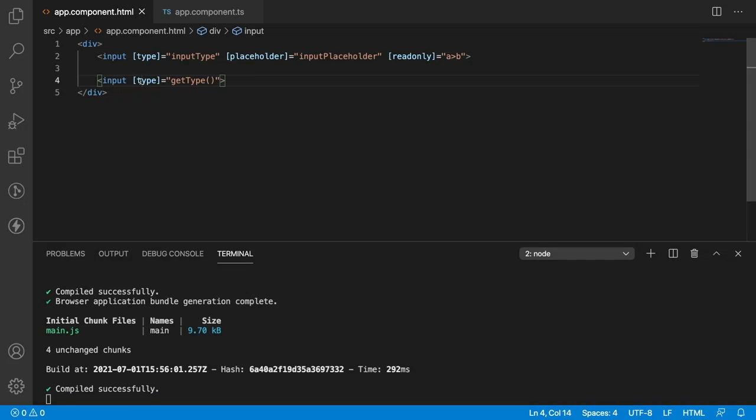How will property binding behave? Property binding will even check the value along with the type. It's like triple equals. Whereas with interpolation, whatever content, whatever statement you are executing inside the interpolation, it will be executed as expected, but at last the return value of the interpolation will always be a string. That can be understood by using the readOnly property.